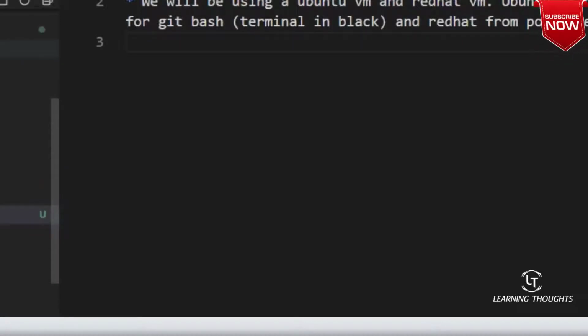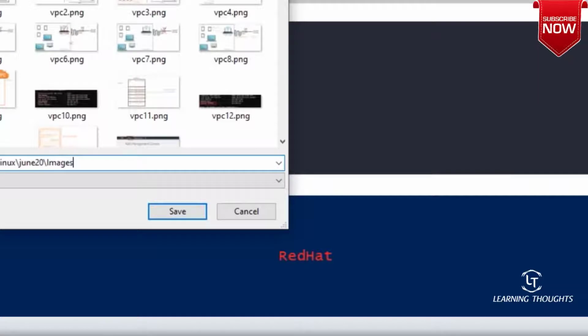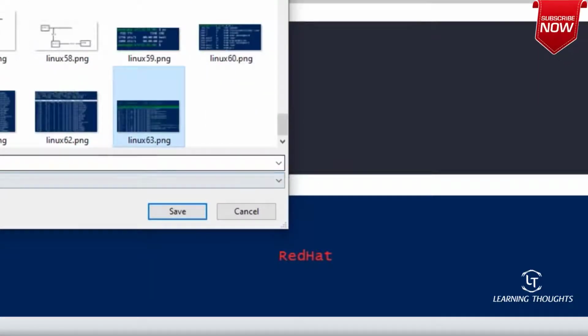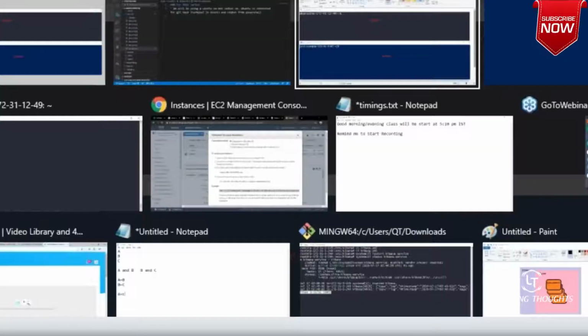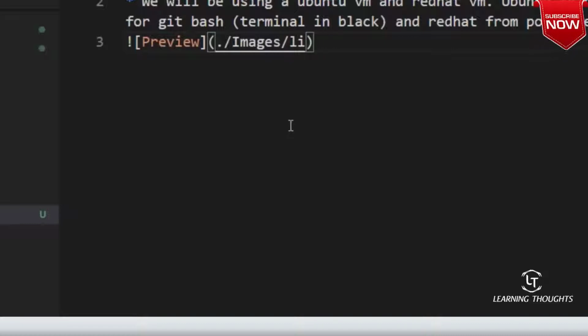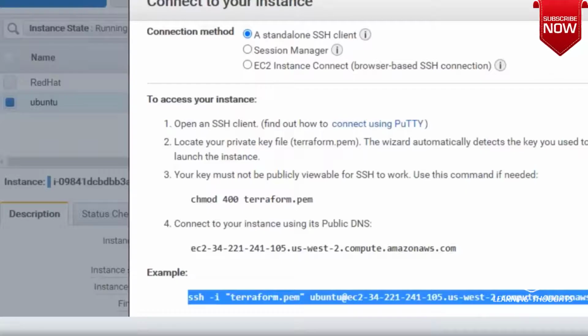So let me try to take the images of it, copy path. Dot slash images slash Linux 64.png.